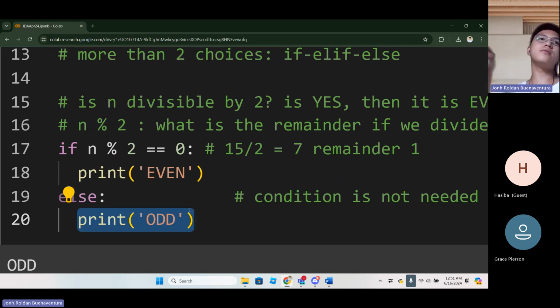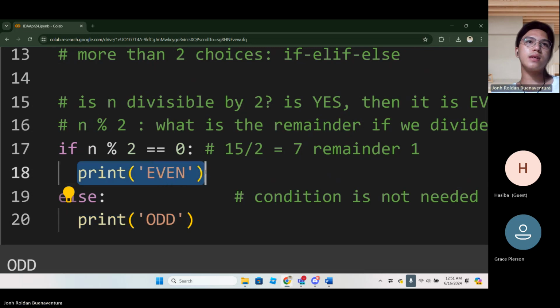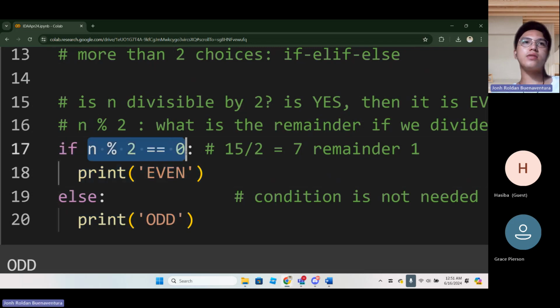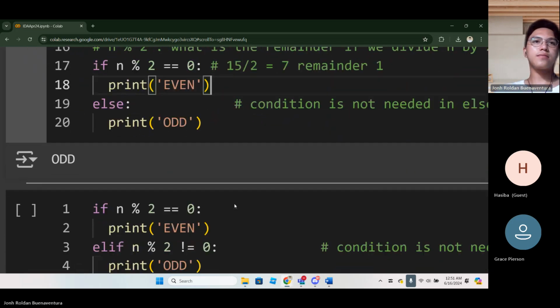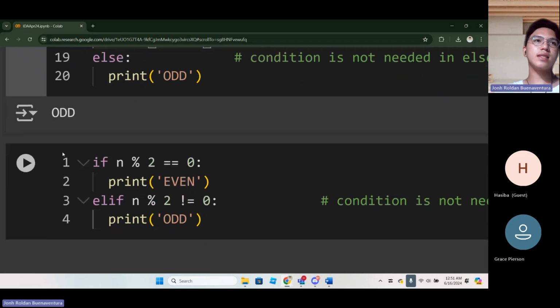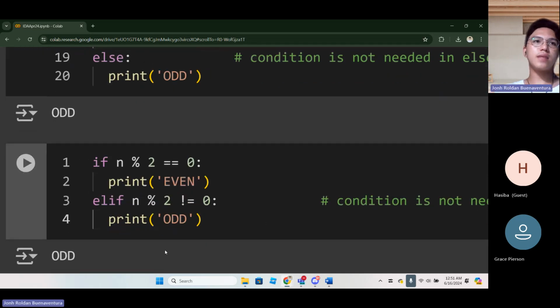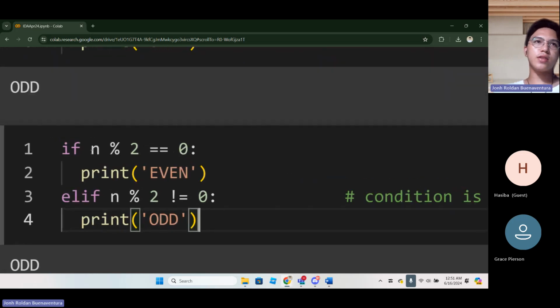Python reads the code line by line, but in the case of conditional statements, there are lines that are skipped if the certain condition was not satisfied. The same case as this. It prints odd. This one is the condition.